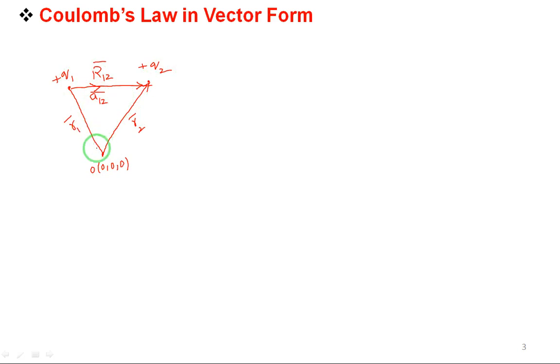r1 vector is where charge q1 is located with respect to origin, and q2 is at r2 vector, and the distance between q1 and q2 is r12 vector, and the unit vector directed from q1 to q2 is a12 vector. Then since the charges are like charges, I want to find out the force exerted by charge q1 on q2. Similarly, the same amount of force is exerted by charge q2 on q1, right? So here, since the charges are like charges, they repel each other, means q1 and q2 will try to move far away from each other, right? But here I want to find out the force exerted by charge q1 on q2.